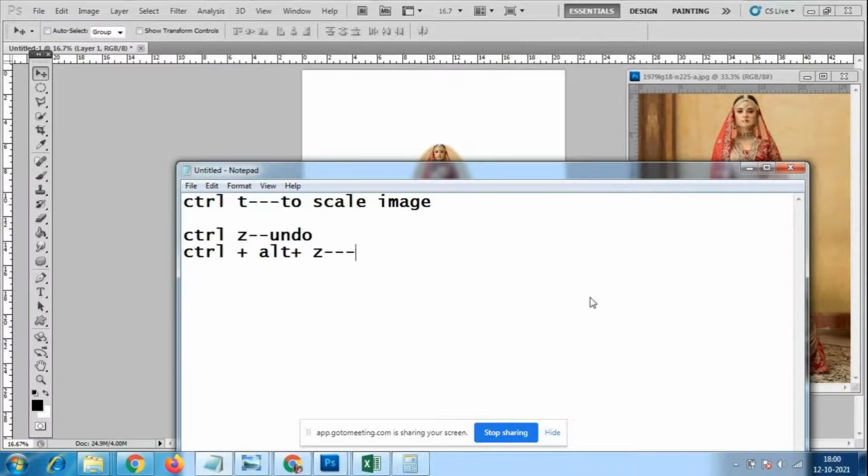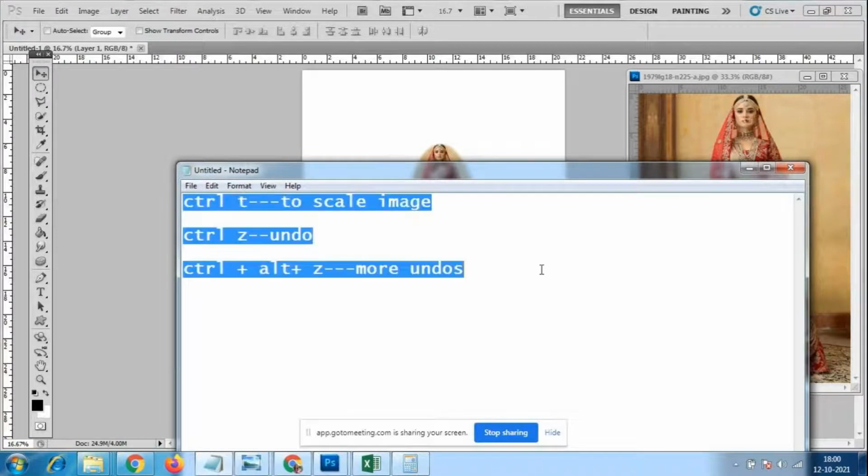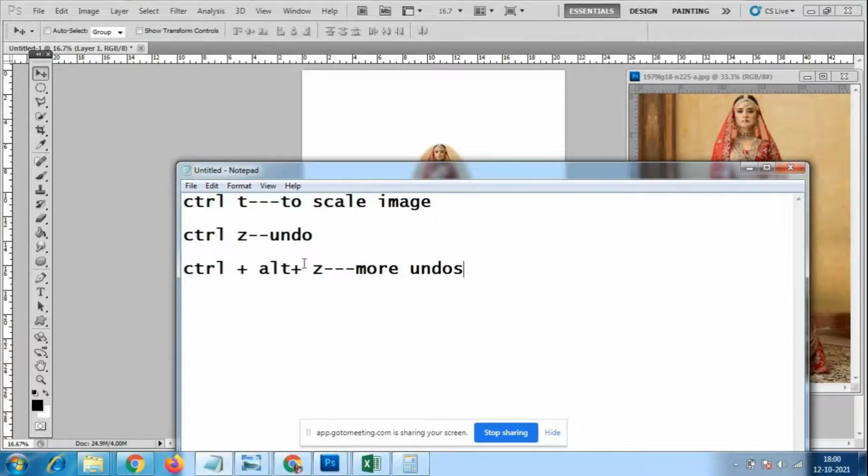For more undos, you want it, so that time we have to use Control Z and Control Alt Z. Okay, please note down all these options, because these are the tools, they will come till the end. Please follow all these tools. So this is Control Z for undo, Control Alt Z for more than one undo. If you press Control Z like that, it will not work, so we have to use Control Alt Z. Many times we have to use it.